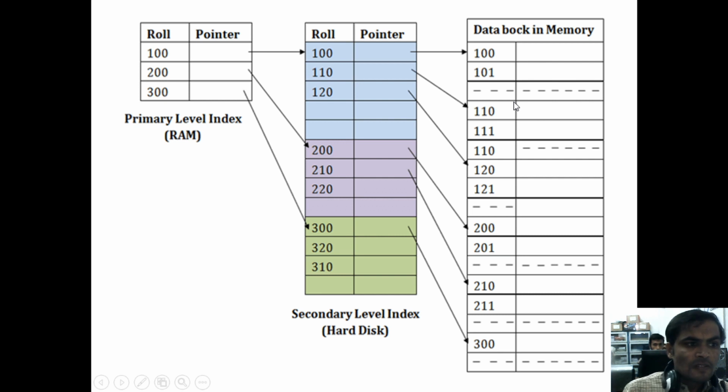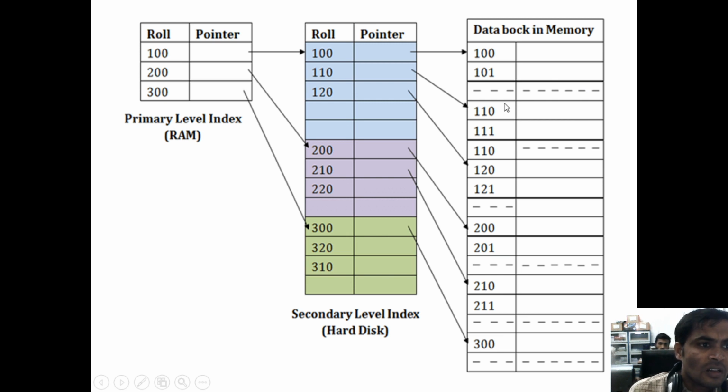Now the primary index level 2 goes to the secondary index. From the secondary index it goes to the data block of the main memory under the database. Under the secondary index, on the hard disk, 100 is there. From the 100 it goes to the data block or the main table, the existing table. It searches under the main table and it is not available. Again it comes, second record, also not available. Third, fourth, fifth. Under the fifth record it is available.